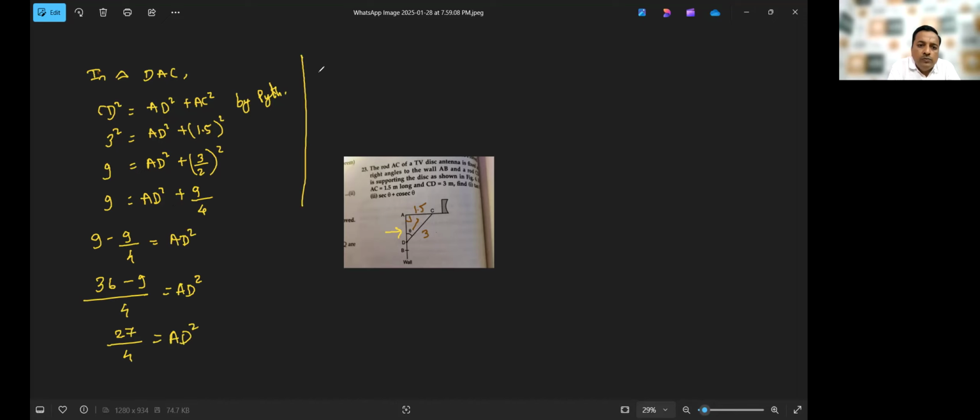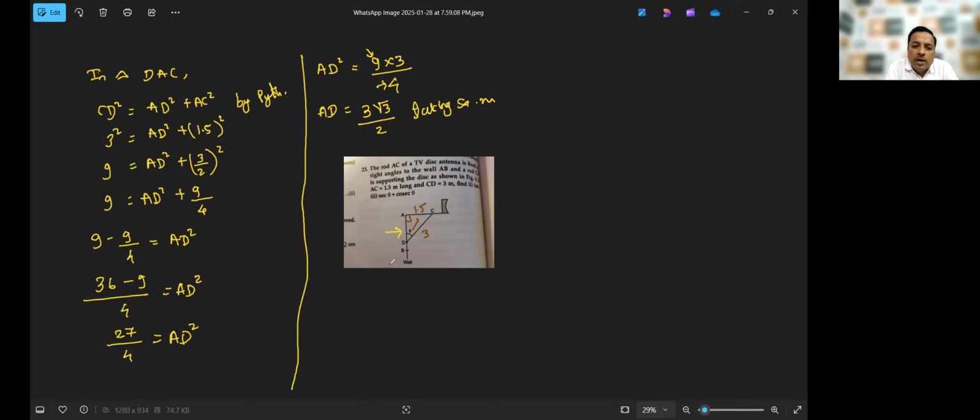Now 27 means 9 into 3 upon 4. 9 एंड 4 परफेक्ट स्क्वायर है, तो AD क्या आएगा? 3√3/2, taking square root. 9 का स्क्वायर रूट 3 है, 4 का स्क्वायर रूट 2 है, और √3 का 3 है। तो AD की वैल्यू आ गई।